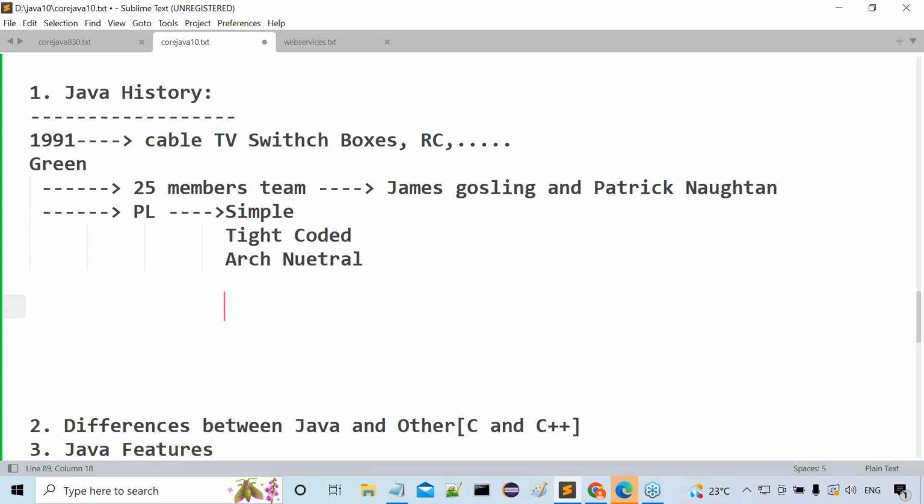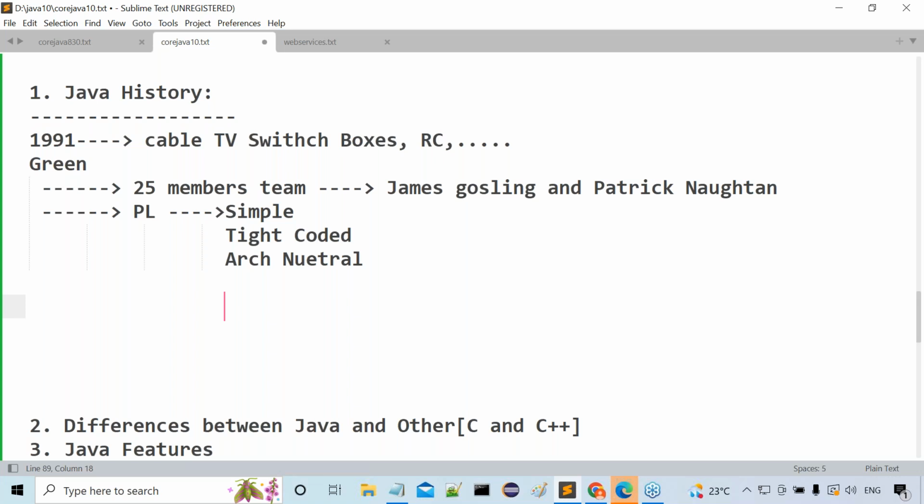Java history is not important from the point of view of interviews, but from an information point of view we have to know it. By this you can understand what is there inside Java initially, and with which intention they prepared the Java programming language initially. Somewhat interesting, try to put more concentration here. Now tell me, guys, what features did they want to implement in their new programming language? Three features. What three features? Simple programming language, tight coded, architectural neutral programming language.